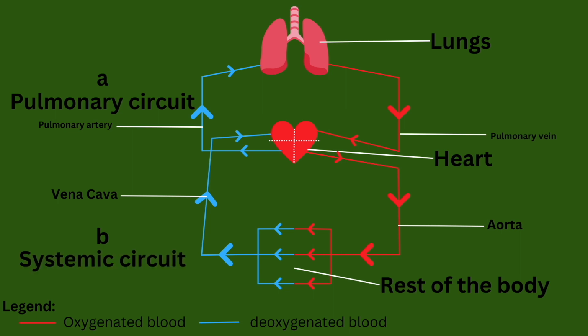This is a very important circuit since it is the one connected to the rest of the body, so all the hormones, nutrients, and all that go all over the body, while blood containing carbon dioxide and waste materials are transported to the heart. So now we've understood these two circuits, but did you know that there's actually a third